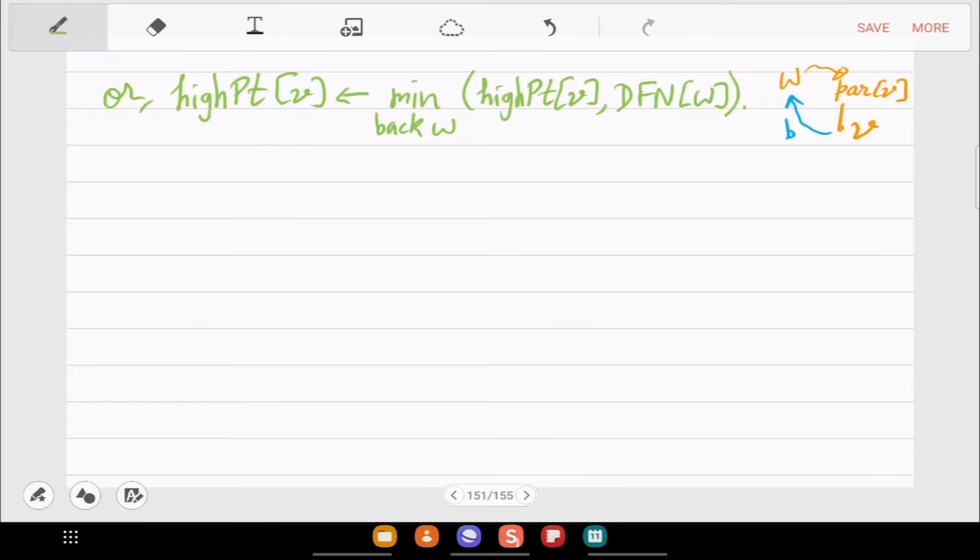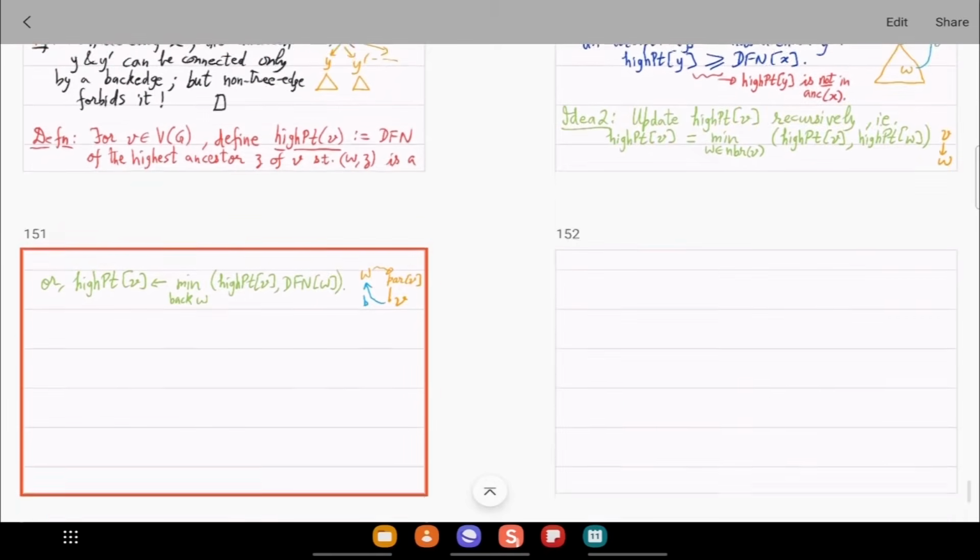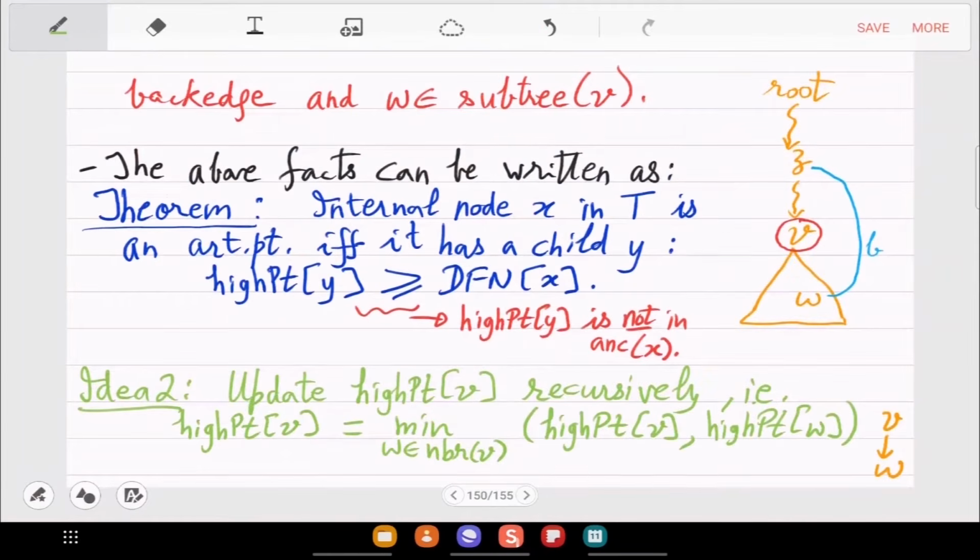Okay, and in the end you have the correct high point. So once you have the correct high point array, then will come this theorem in the pseudocode. You will basically rely on this theorem.